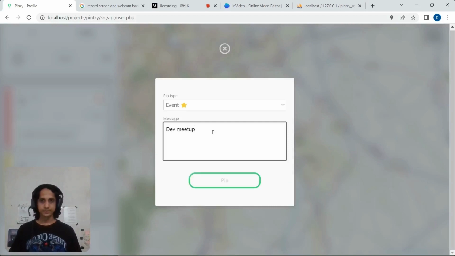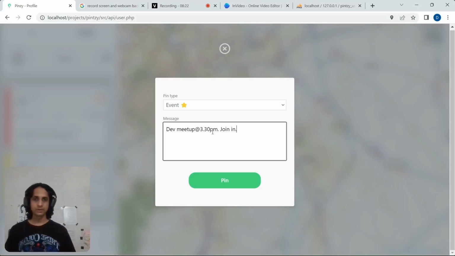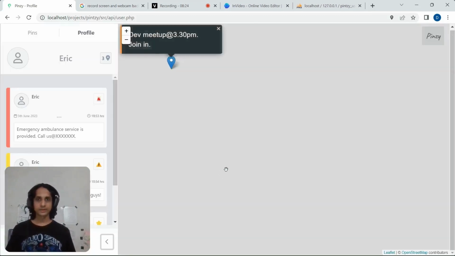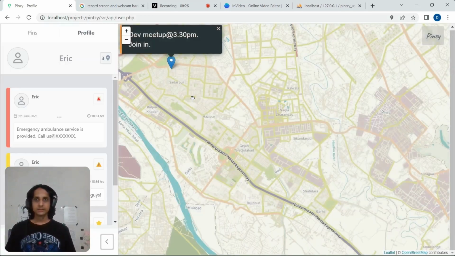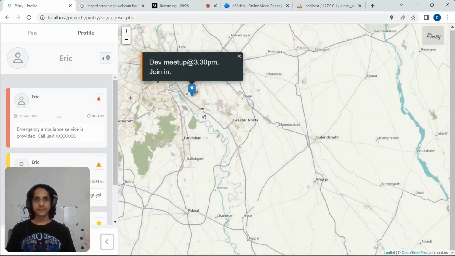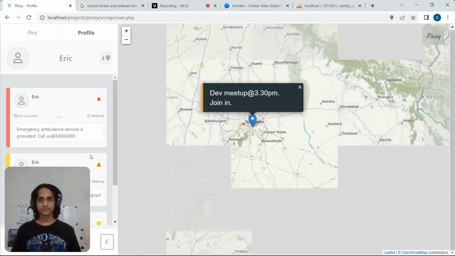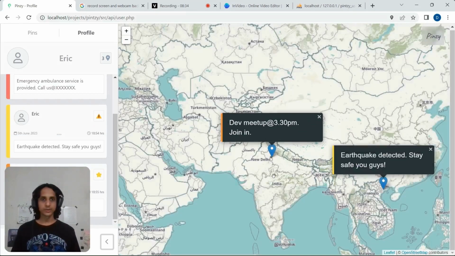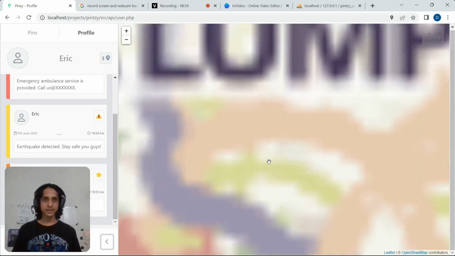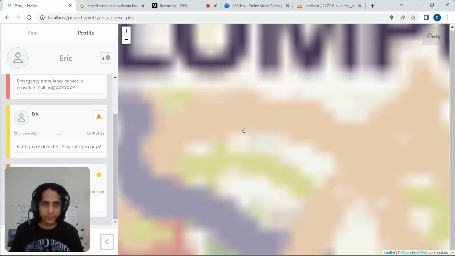Dev meetup at 3:30 p.m. Join in. There goes the event, and it is created in New Delhi. Let's create another one. Say in KL, you have